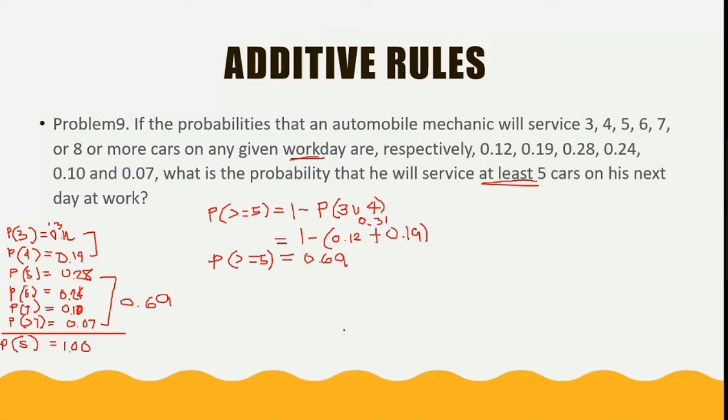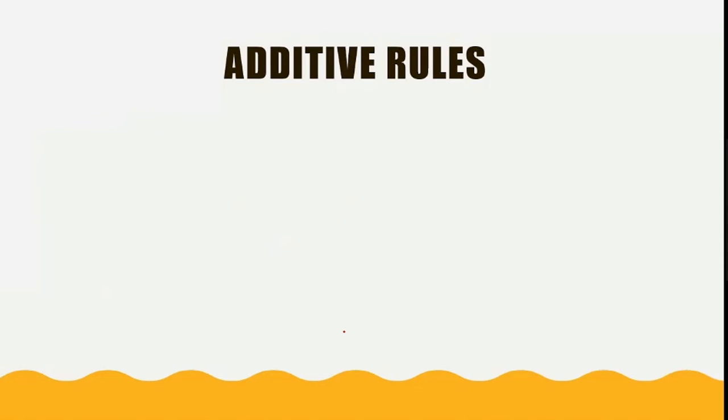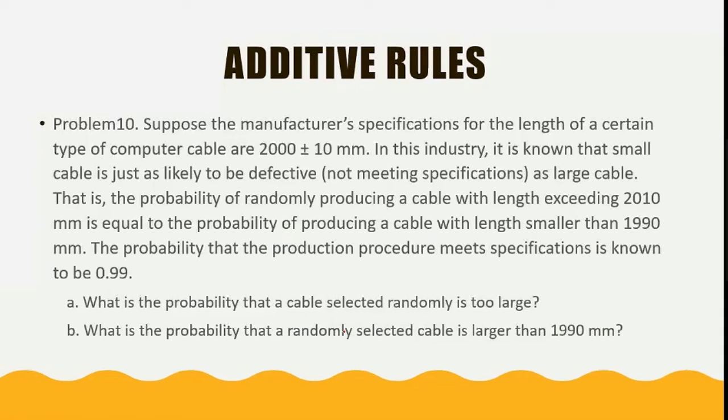Okay, so that's how we use the complement, the rules. This will be our last example for this session. Suppose that a manufacturer's specification for the length of a certain type of computer cable is 2000 plus or minus 10 mm. This is called tolerance, meaning the common specifications or lengths of a certain computer cable can range from 2000 plus 10,